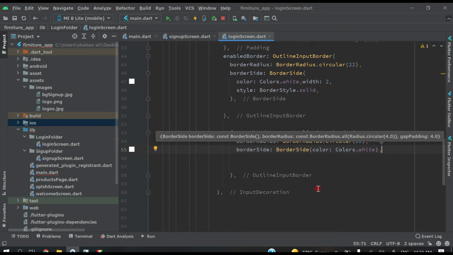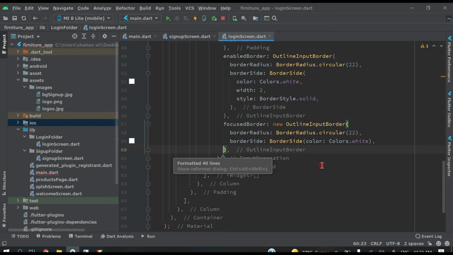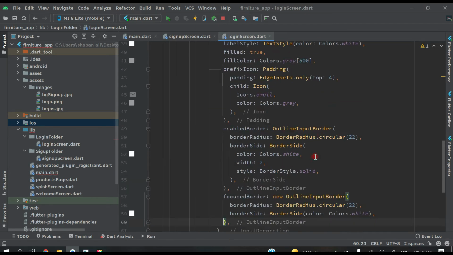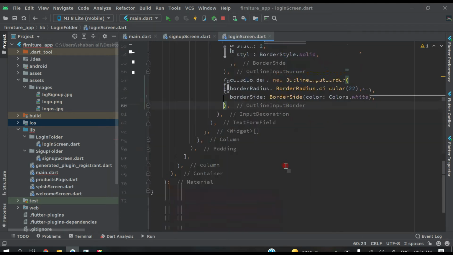Now press Ctrl Alt L to format all this code, Ctrl Alt plus L, so your code will be like this, formats in a sequence well.